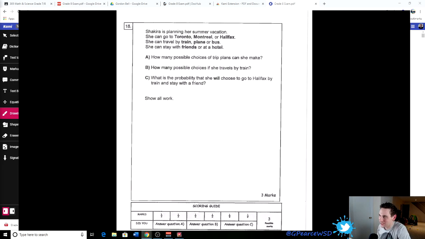So this test from 2007. Shakira is planning her summer vacation. I wonder, maybe that has nothing to do with Shakira, the actress. But